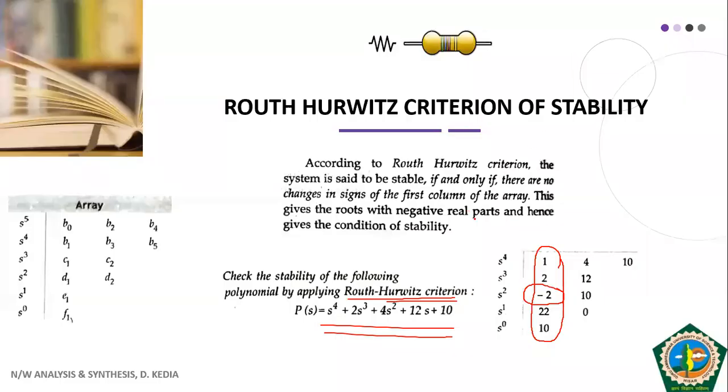So students, with this, we have developed the Routh-Hurwitz criteria of stability. We will look into one or two more examples in the next class. We will also talk about one more thing with the help of the network function, and we will try to finish off this topic in the next class. I hope all of you have understood this. In case of any doubt, you can discuss with me in the next class. So thank you, students. We will continue in the next class.